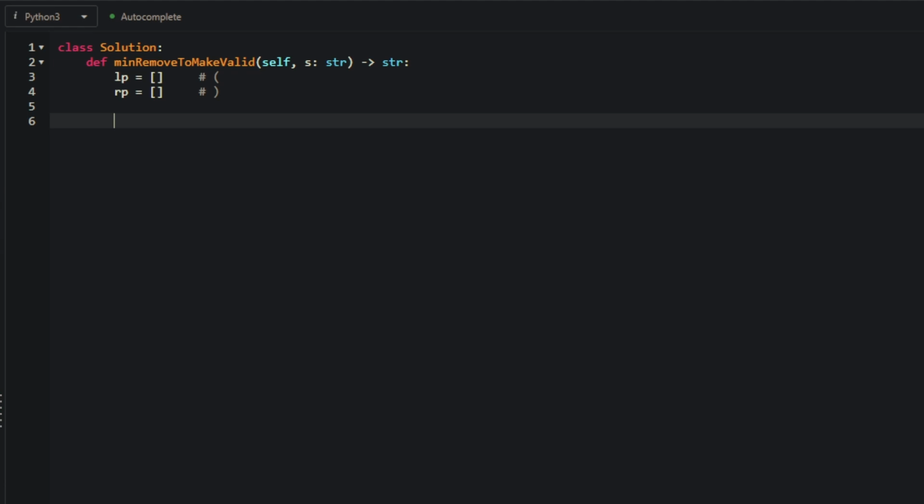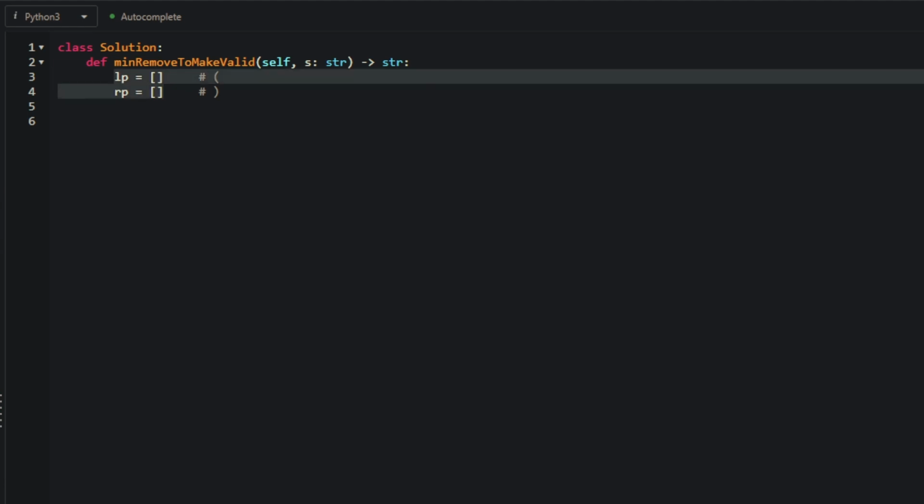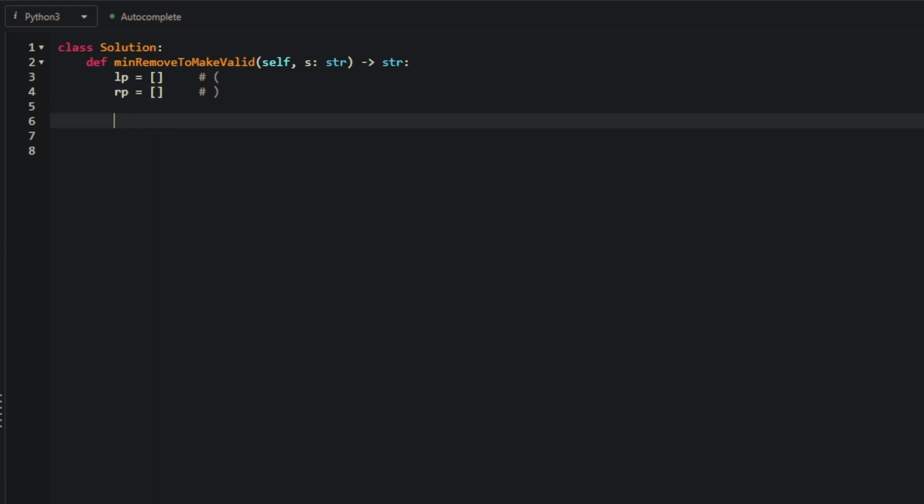As I mentioned earlier, we will be using a stack to keep track of the indexes where we need to remove the parentheses, and the indexes where we will ignore in our second pass to build the string. And just for simplicity, I will go ahead and name my opening parentheses left parentheses, and I will denote my closing parentheses as right parentheses. So our first iteration, we will just be marking all the invalid parentheses, and we do need to know the index,